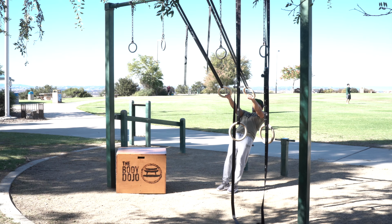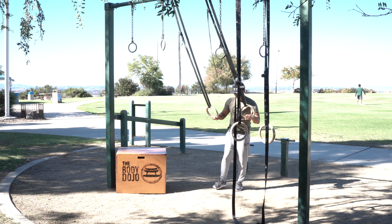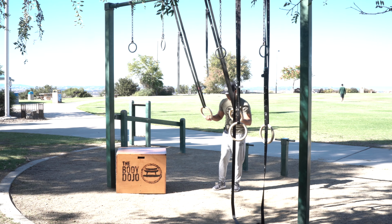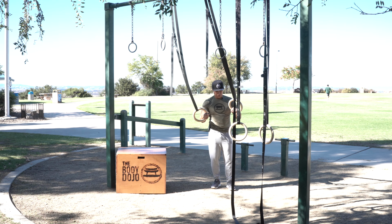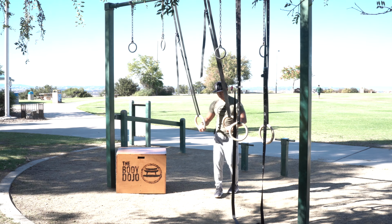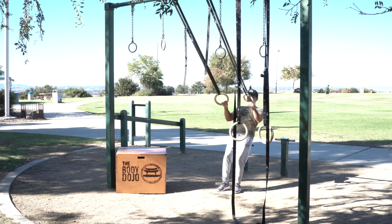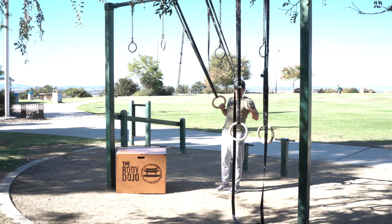The key to remember here is you want to make sure you're not on a slippery surface. So here I'm on this dirt surface, and if I start lowering my angle, I might find myself slipping. So you might want to anchor yourself on something. Either make sure your shoes are grippy enough, or maybe put something in front of you or have a friend put their foot down to keep you from sliding. So just be conscious of that and do your pulling movements